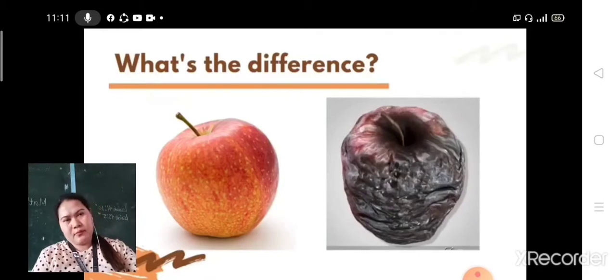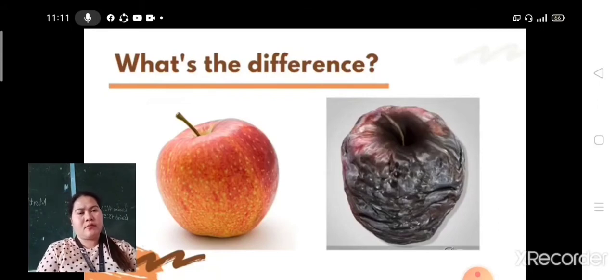The apple on the left is fresh, while the apple on the right is rotten. This is because the apple is immaterial and it undergoes decay due to the presence of water, air, soil, and